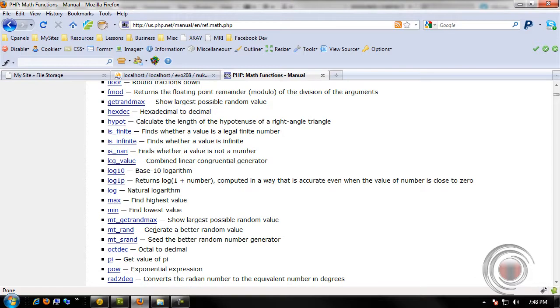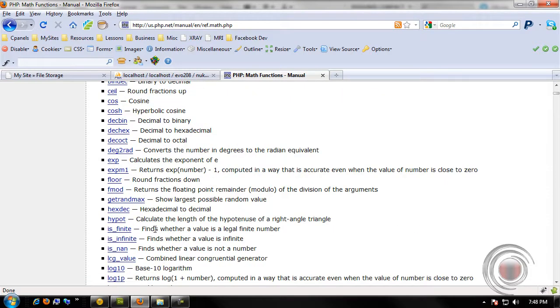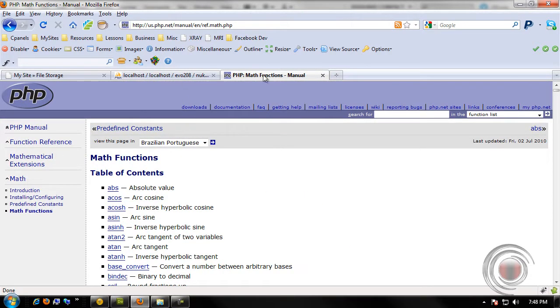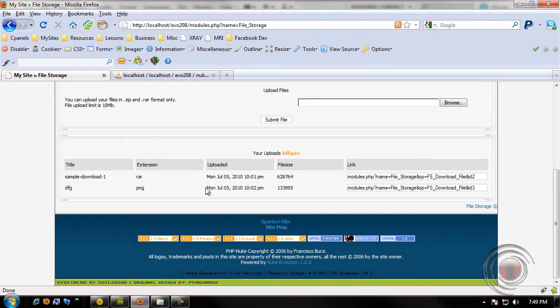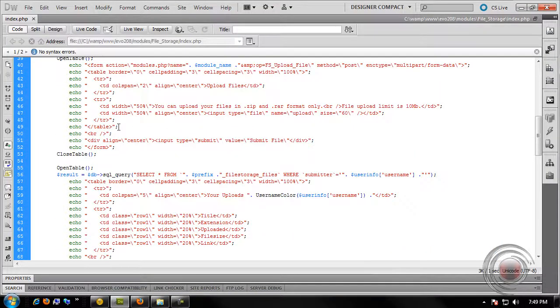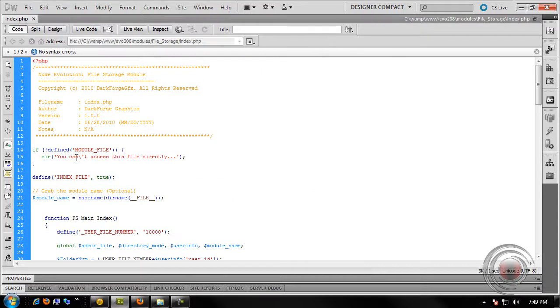The math that we are going to use is going to be fairly simple and very basic, but this is a great site. So if you have any questions about anything we're doing, you can go to the PHP website and find a lot of the information there and what it does, and get a more detailed explanation. But what we're going to do is we're going to go up here above our function here, and we're going to create a new function,